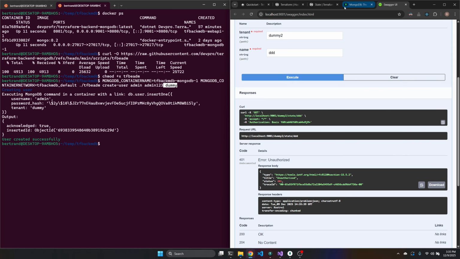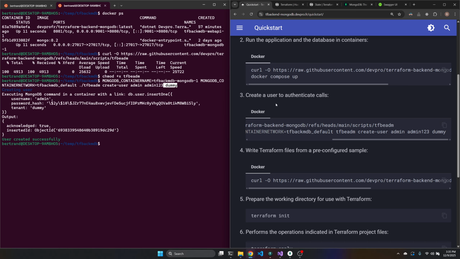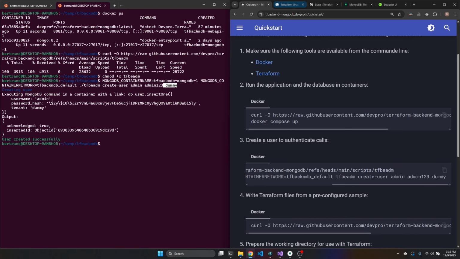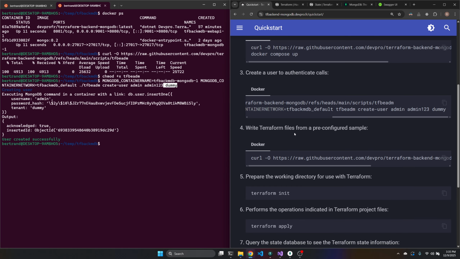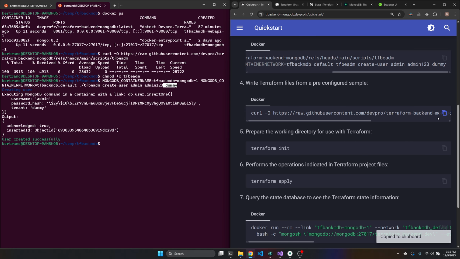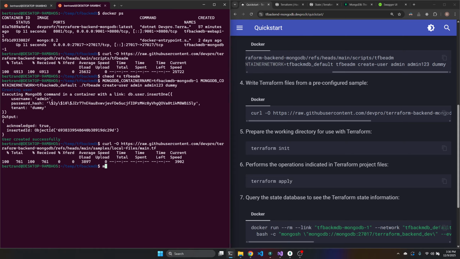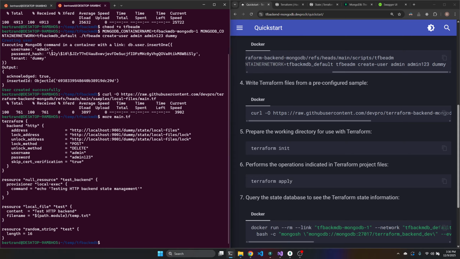So far so good. We are able to query the REST API, and now we can use Terraform. I did a very basic Terraform file, so no risk to harm your machine on this one. And we can look at it. It's very basic.